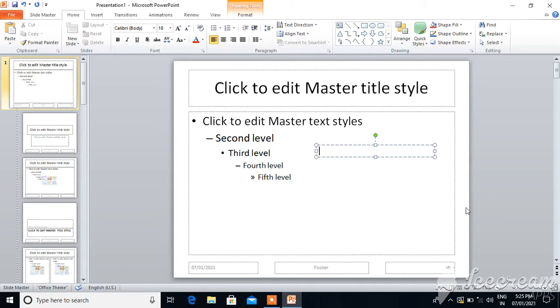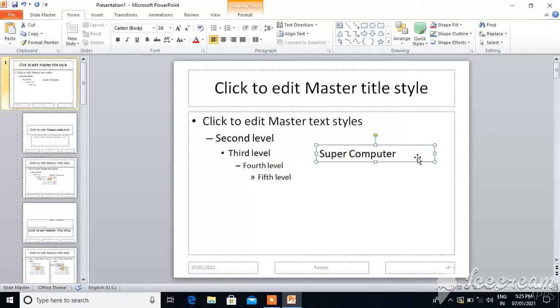This is a box of dotted lines which holds the text. Now I will type one text here. Text means characters or words. Super computer. Okay, I will increase the font so you can see it properly. It is visible properly. Okay, so this is a text box.